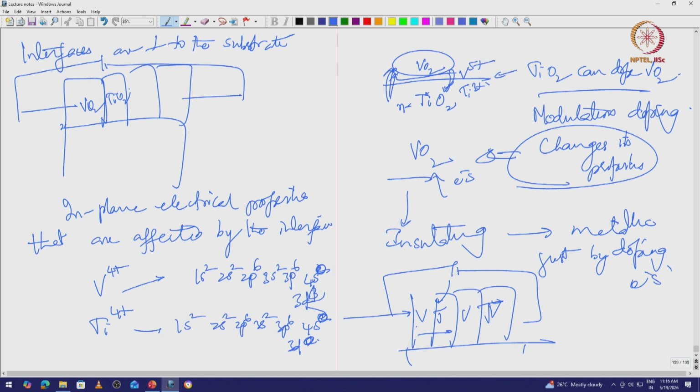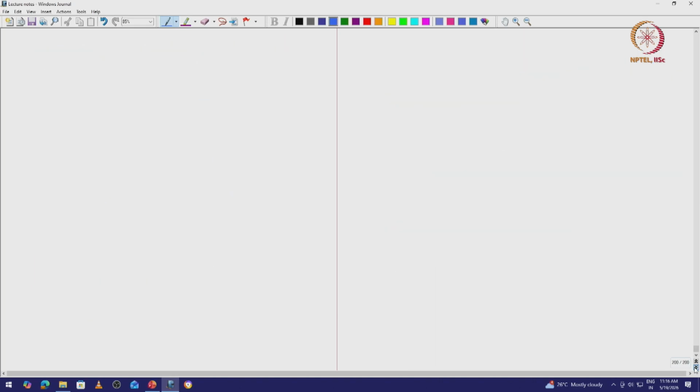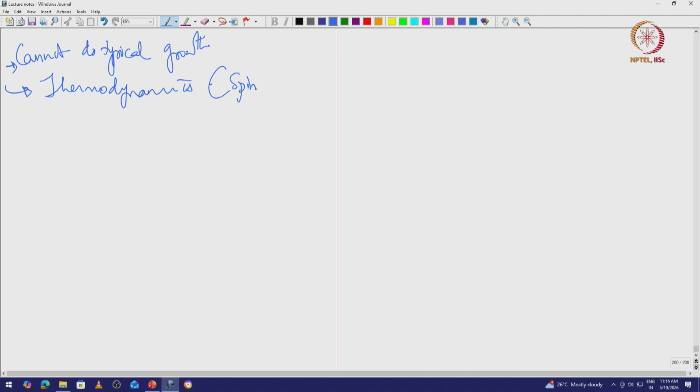So, how can I get heterostructures where the interfaces are perpendicular to the substrate, right. So, the interfaces now should be perpendicular to the substrate. Okay. And to get those heterostructures, you cannot do typical growth, right, and in that case thermodynamics comes to your rescue. Thermodynamics and spinodal decomposition